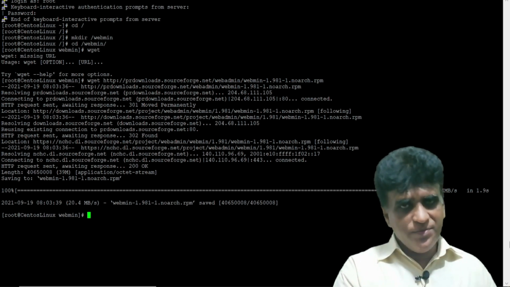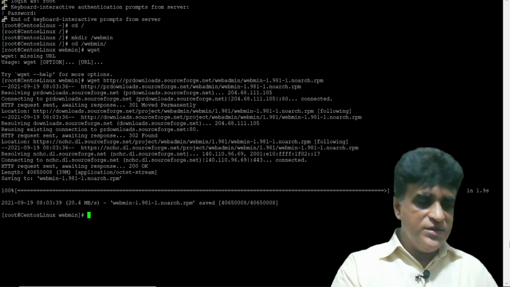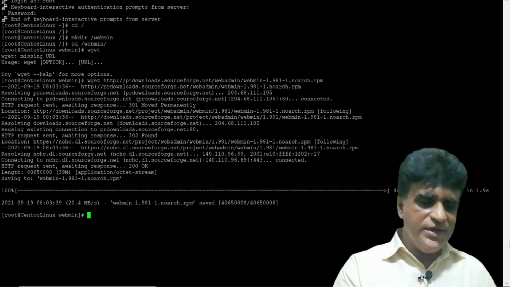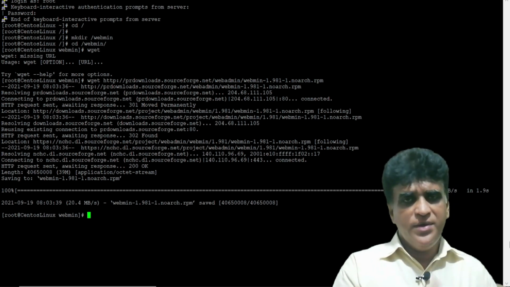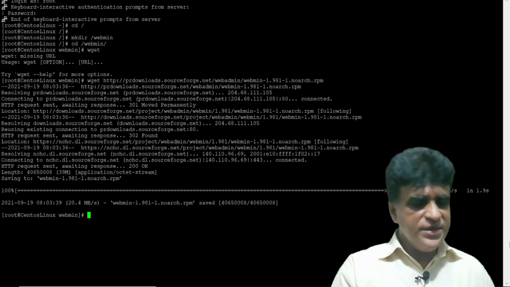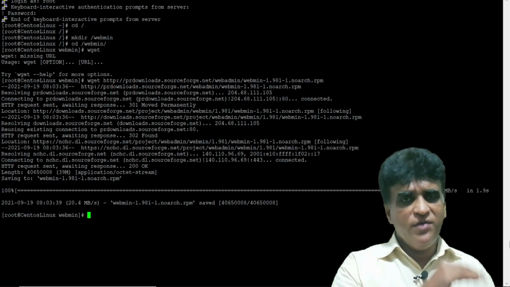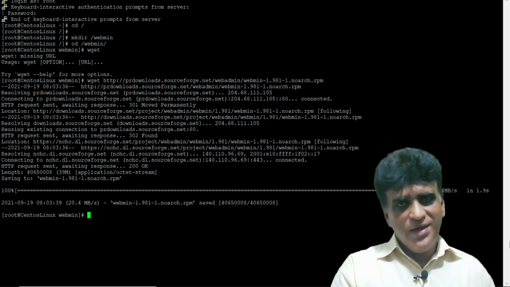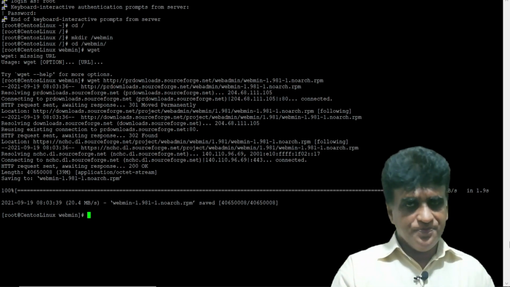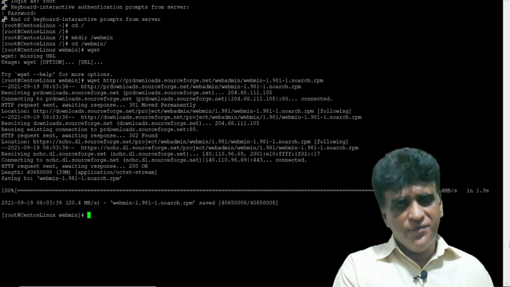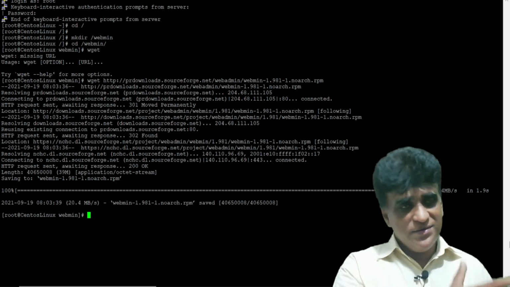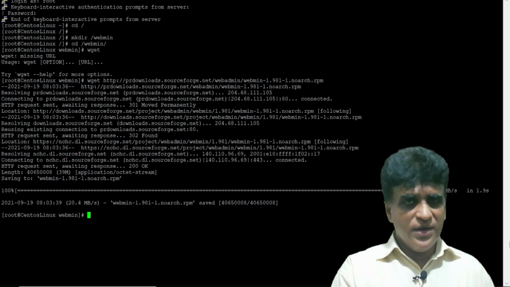Sometimes, since this is the first package, the first software, the first module I am going to install in this Linux, there may be some dependencies required. Dependencies mean one software is required by another software. As an example, in the Windows context, when we are installing some software, it asks for the .NET framework and Java virtual machine, like that.